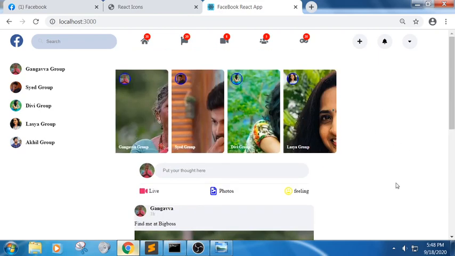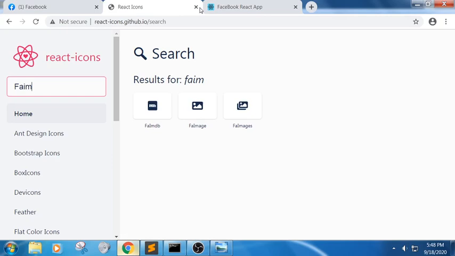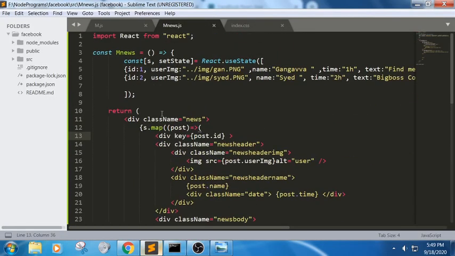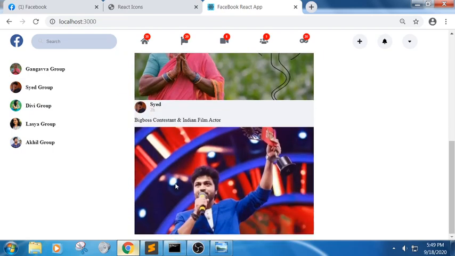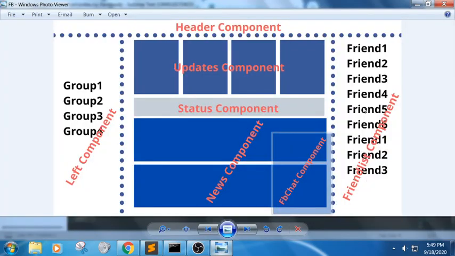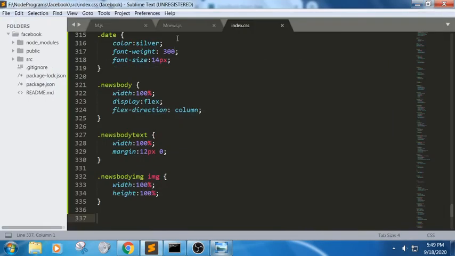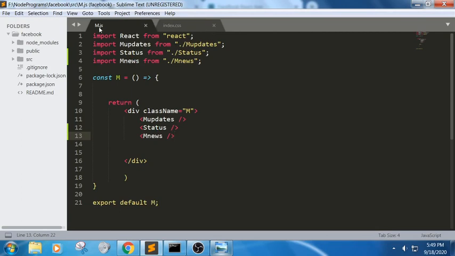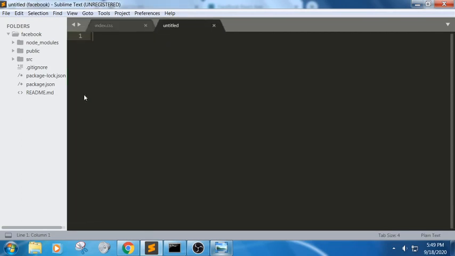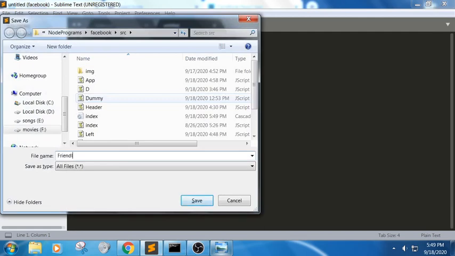Now what shall we do? We shall be able to get the chat box now. In order to get this chat box, again I'm trying to write a new file. Let us wind up here. If you want to add the CSS properties also, you can add them. The last part is a friends list and a chat box. In order to get this friend list, I'm taking a new file now. Control N, Control S. I'm writing friendlist.js